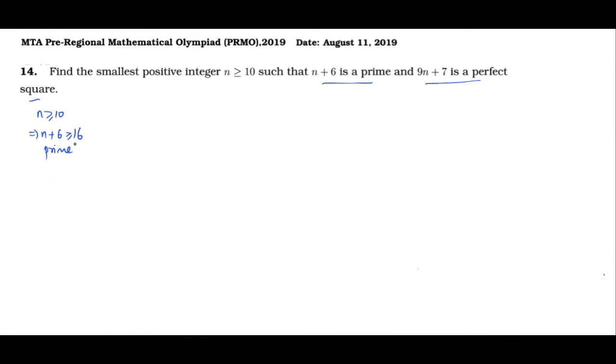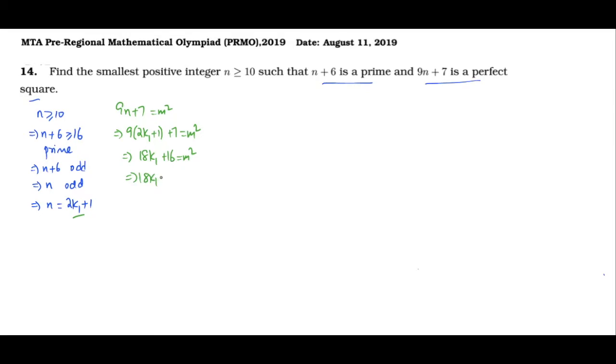Any prime which is at least 16 has to be odd. So we have n plus 6 is odd, or n is odd. So let n be equal to 2k1 plus 1 where k1 is an integer. 9n plus 7 is given to be a perfect square, so let's call it m square. We get 9 into 2k1 plus 1 plus 7 is equal to m square, or 18k1 plus 16 is equal to m square,